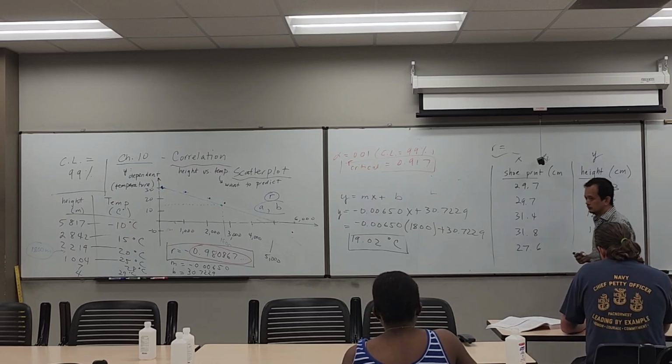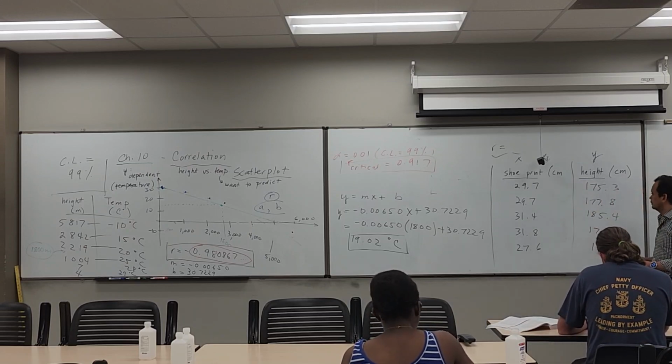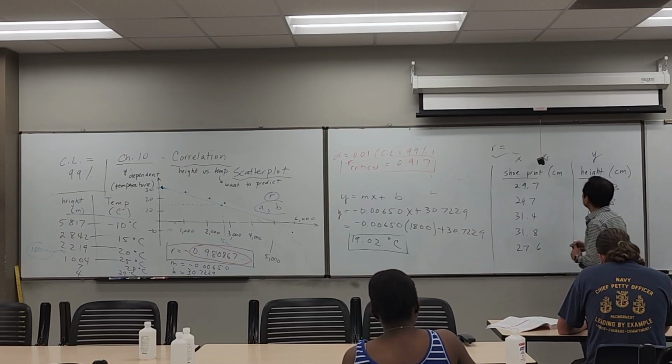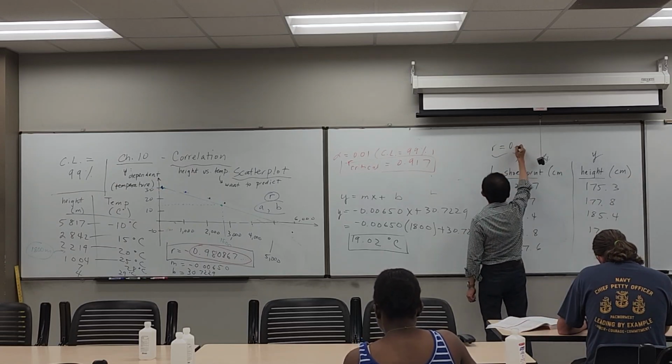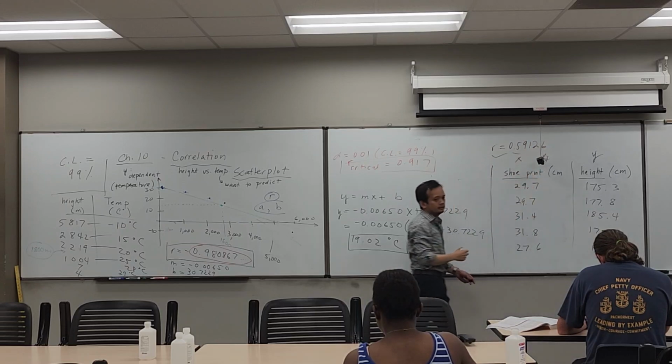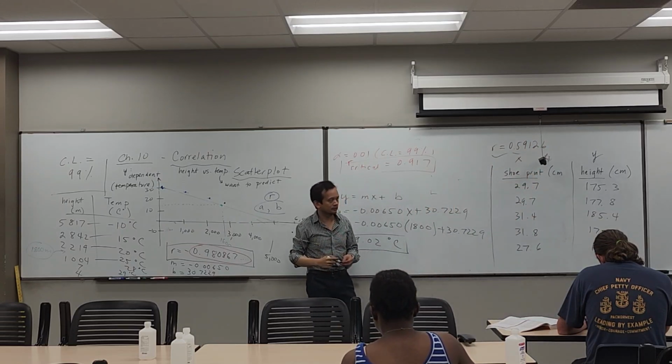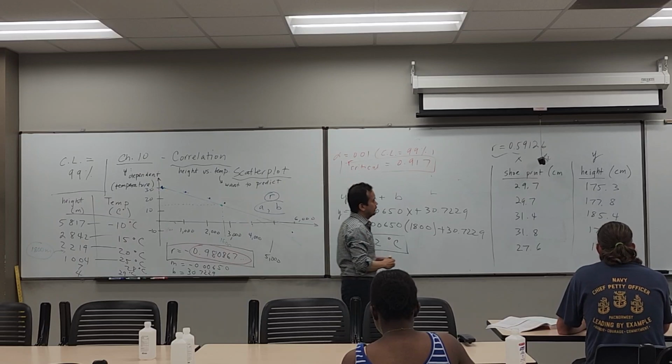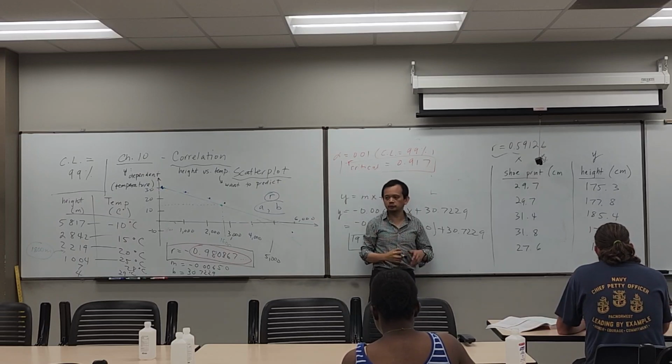We have an R value of 0.59126. The rest of you guys getting that? Okay, great. So we said that if the R value is close enough to 1, then we say that